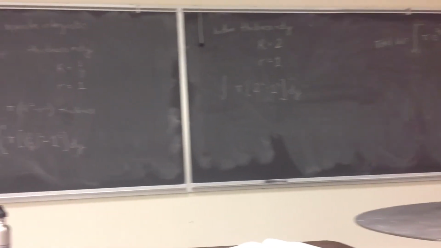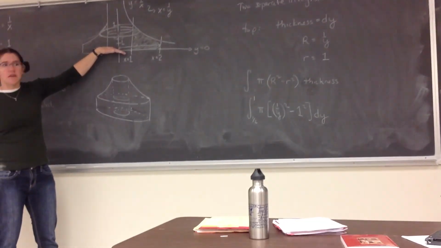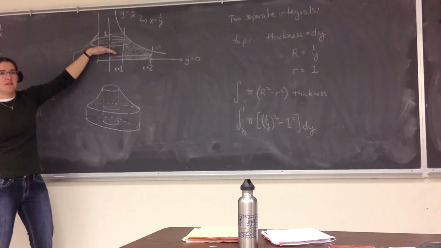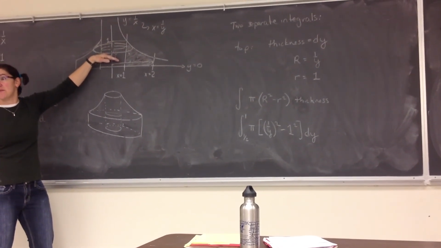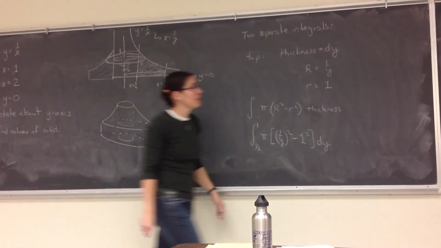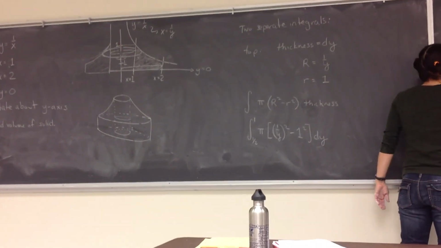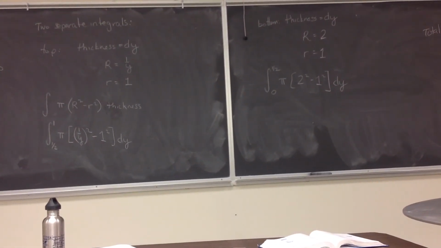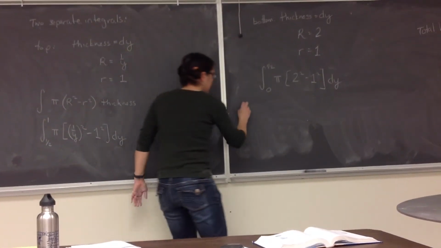And I'd be starting at a y value of 0, slice, slice, slice, slice, slice, until I hit y equals 1/2. Because at y equals 1/2, that's when I switch over to the other type of washers. So we go from 0 to 1/2. And so that's the bottom half of our solid,